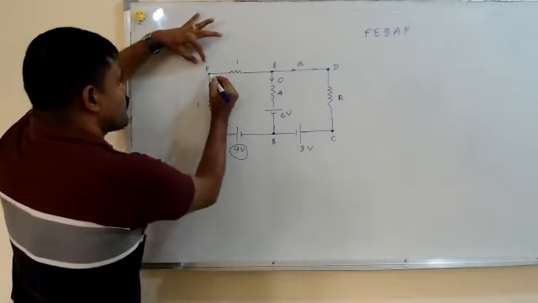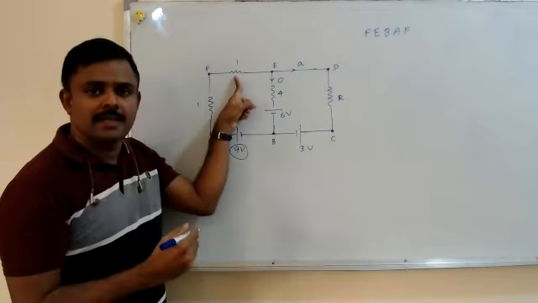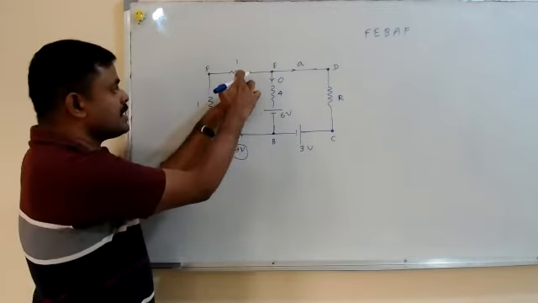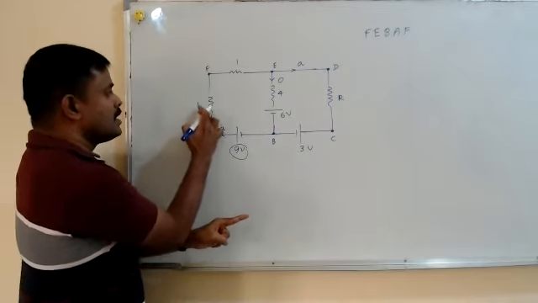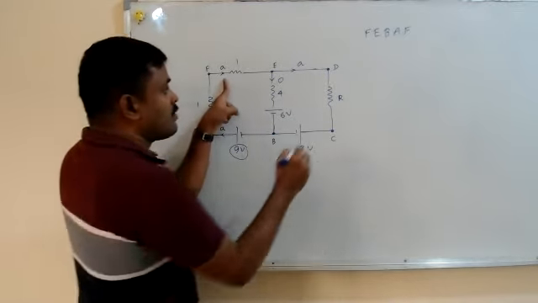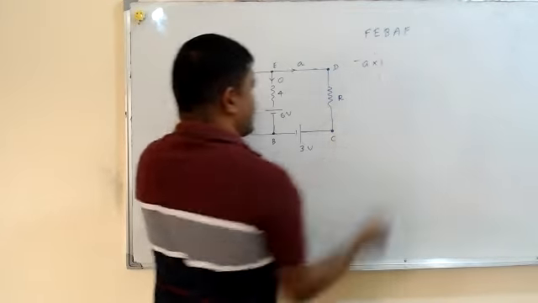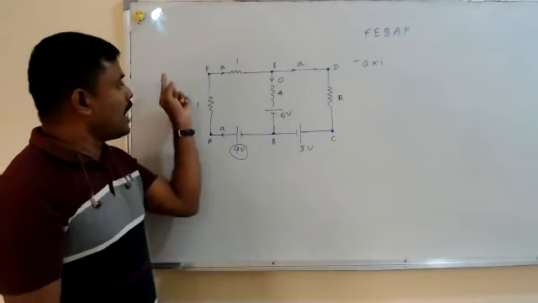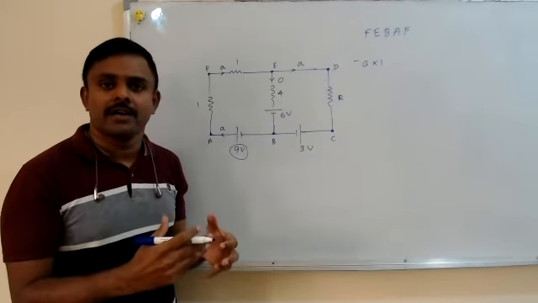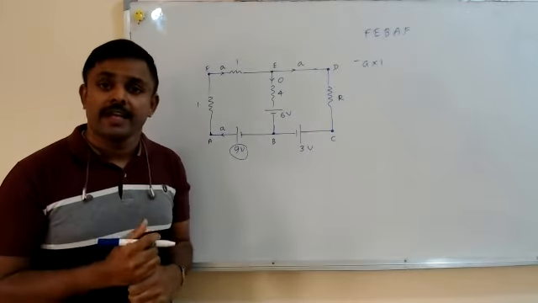So I start walking from here. Tell me what is the first thing that I see? It is a resistor, right? So I have to write current into resistance. What is the current here? See this branch. The current is A. So I have to write the first one: A into 1. I'll be putting it as minus. Why? Because I was walking to the right, the current was flowing to the right. I was walking along the current. If you walk along the current, the rule says you have to put it as negative.